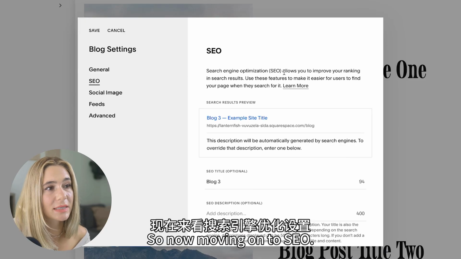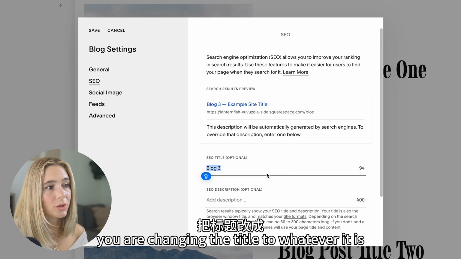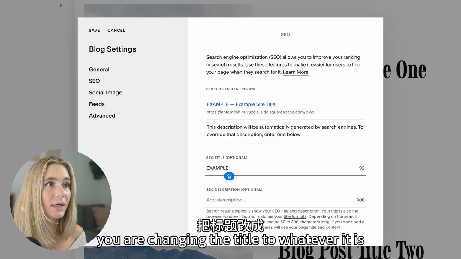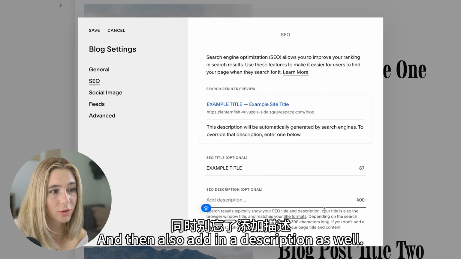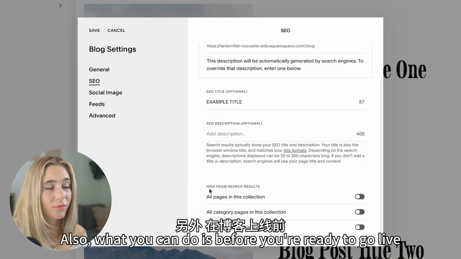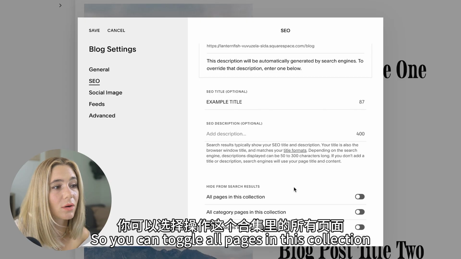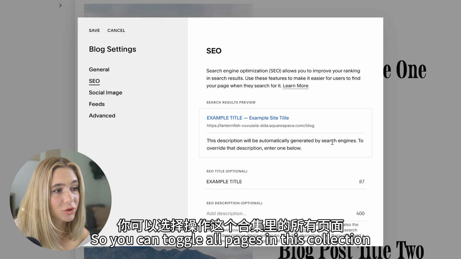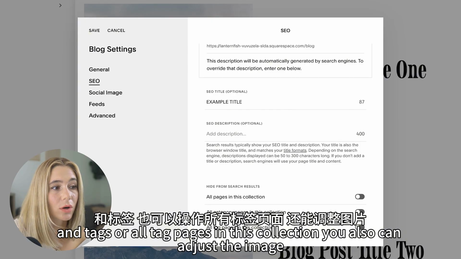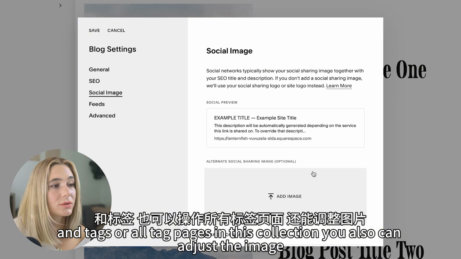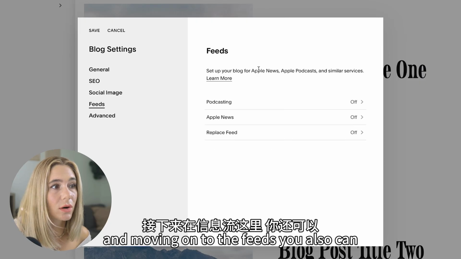So now moving on to SEO. Again, this is to make your blog more searchable. So again, you want to make sure you are changing the title to whatever it is that you are talking about to make it searchable, and then also add in a description as well. Also, what you can do is before you're ready to go live, you can hide from search results for now. So you can toggle all pages in this collection or all category pages in this collection, since you can add category and tags, or all tag pages in this collection. You also can adjust the image,